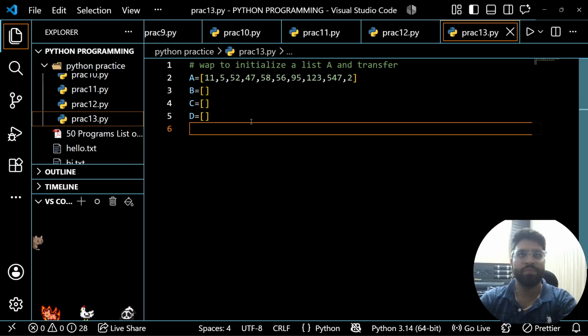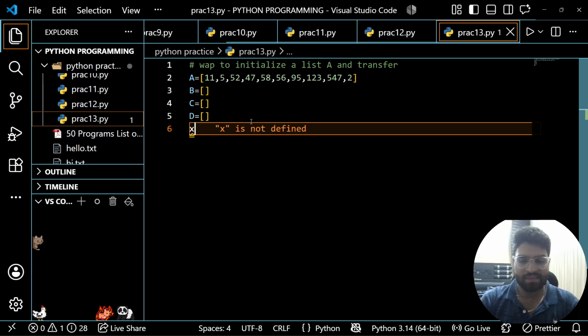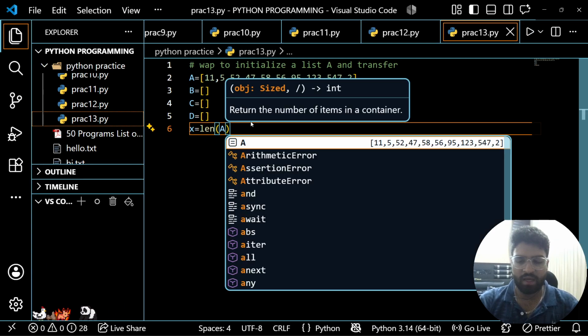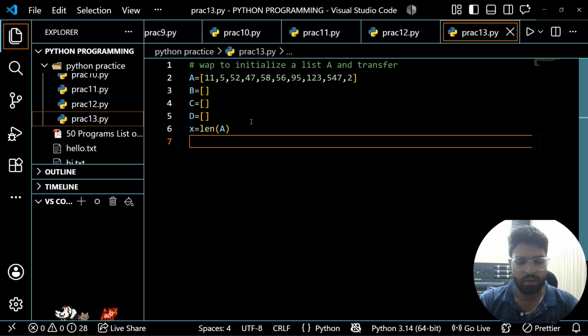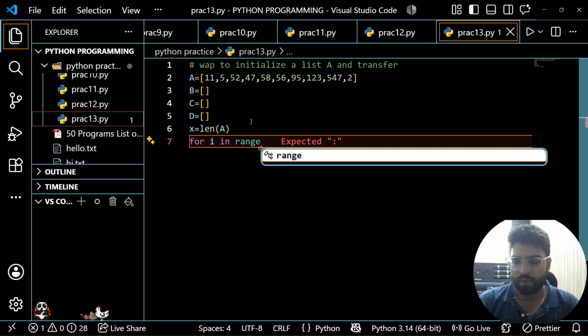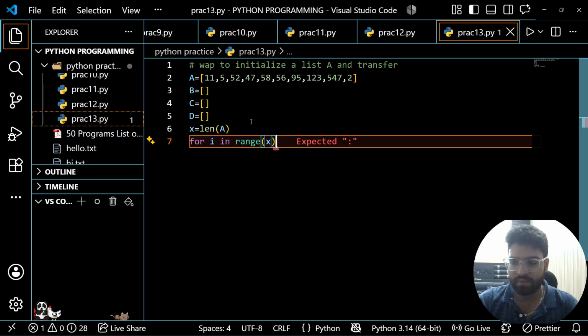So x equal to len of A here, then for i in range of x,